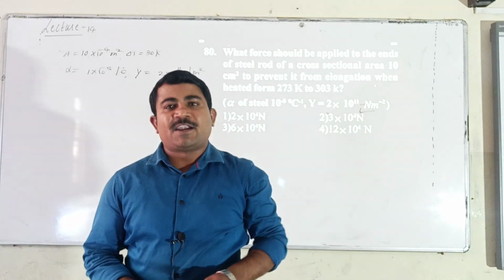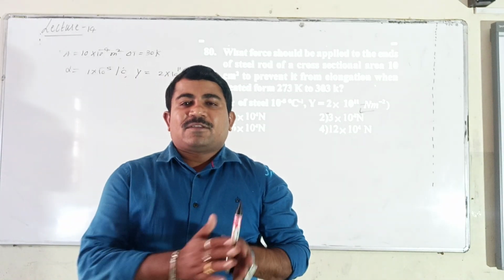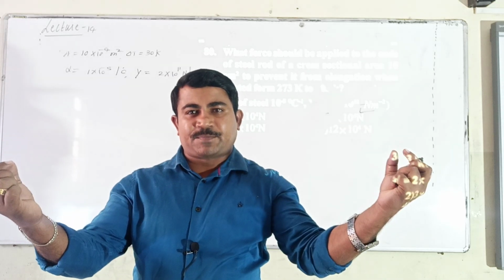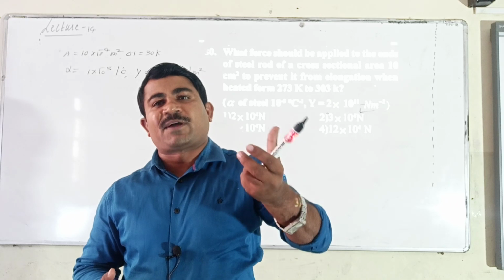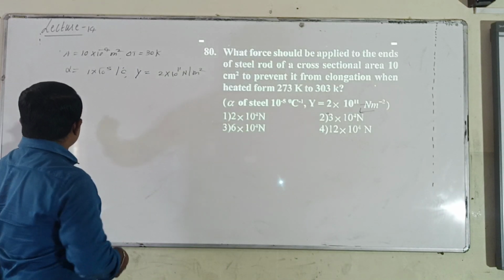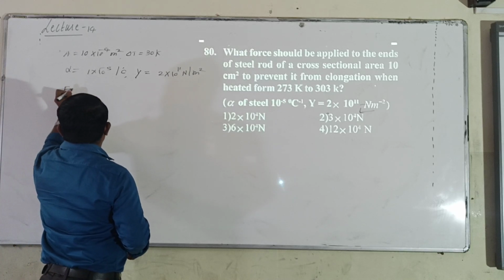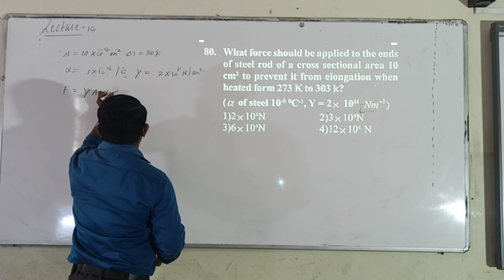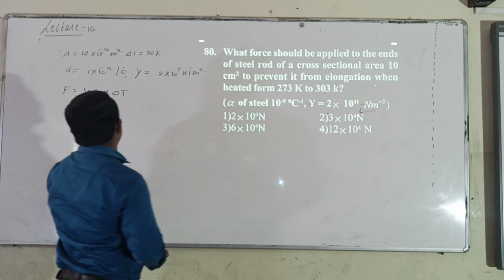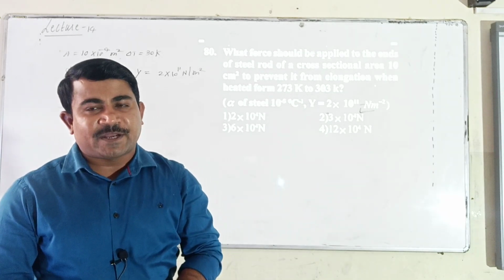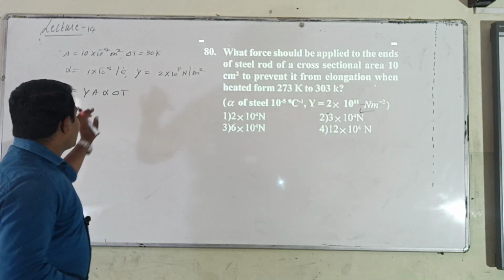Students, we have already learned in the theory part the thermal force developed on the rod when it is fixed between two rigid supports and is provided some amount of heat. The thermal force developed is Y into A into alpha into delta T. Y represents Young's modulus, alpha represents the coefficient of linear expansion, and A represents area.